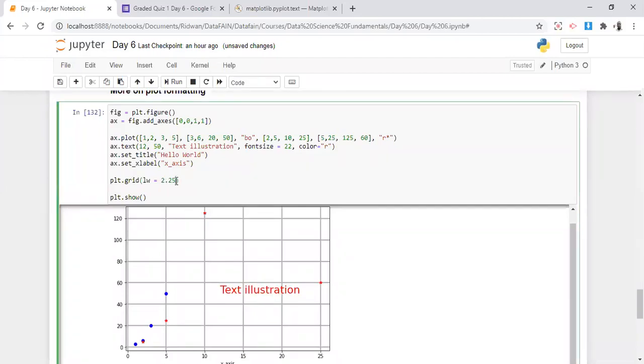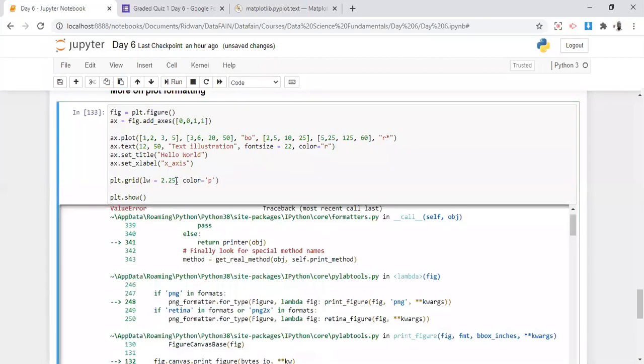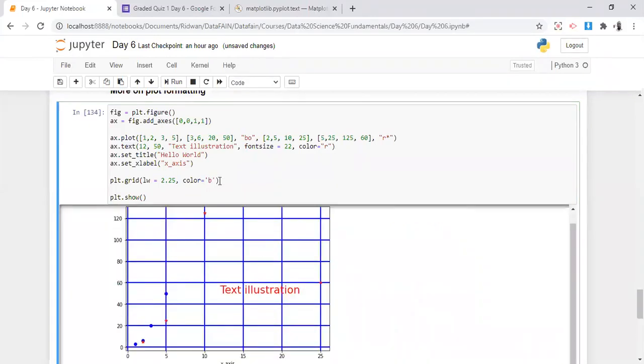And so many others. We can also add a color to it. Say color P. Oh, sorry, there's nothing like that. Okay, I don't know all the colors it accepts. I've never bothered to check, but I use mainly blue, green, yellow and all that. So I'm changing it to blue for